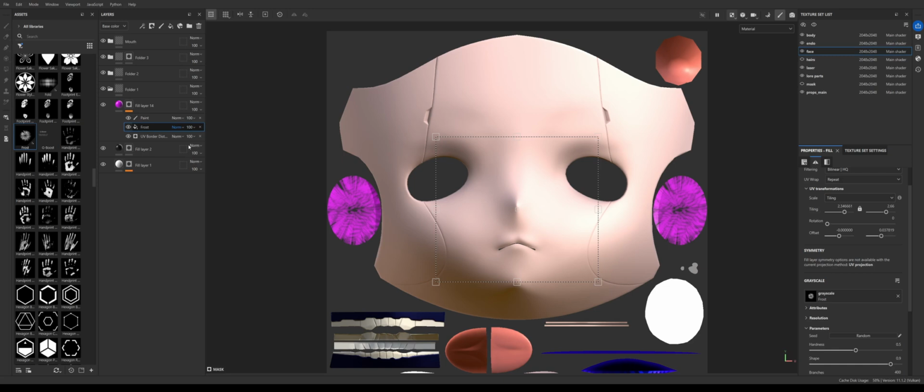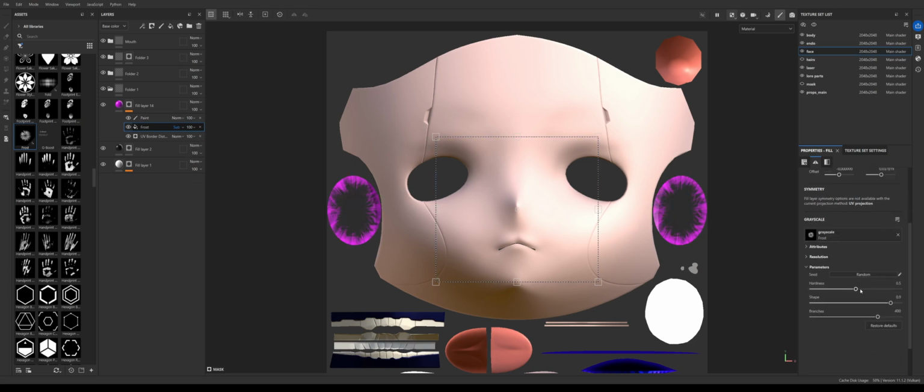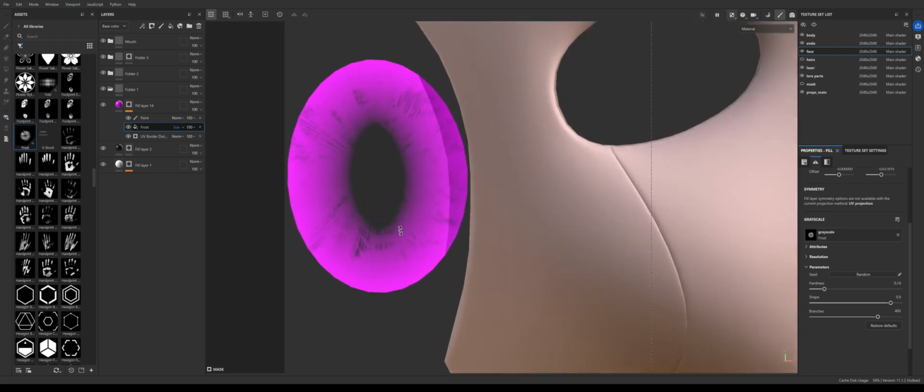And then we go through to subtract. Looks kind of bad at the moment, but trust the process. We turn down the hardness, and there we go. Super simple